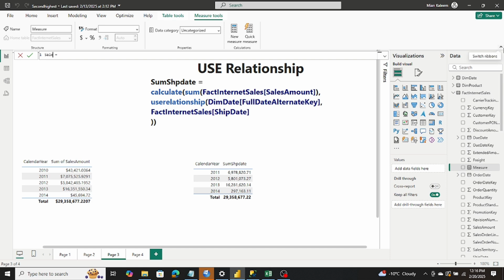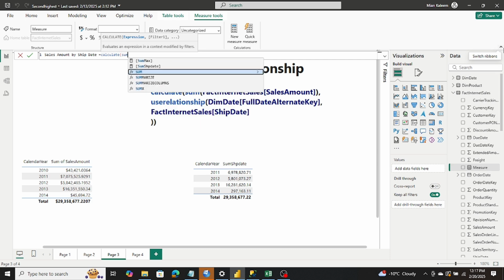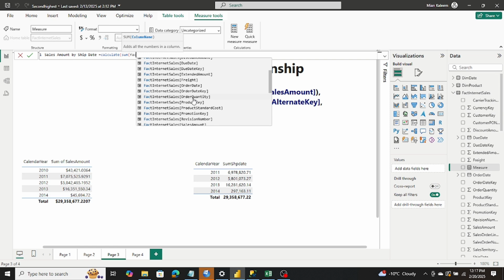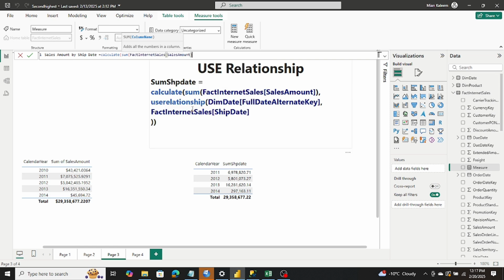Sales Amount by Ship Date is equal to CALCULATE, SUM, FactInternetSales amount,